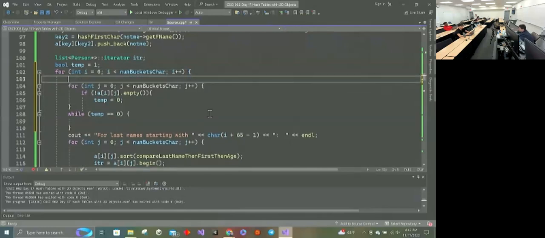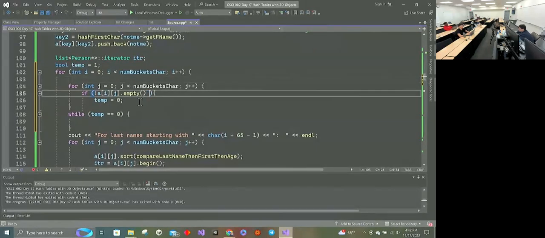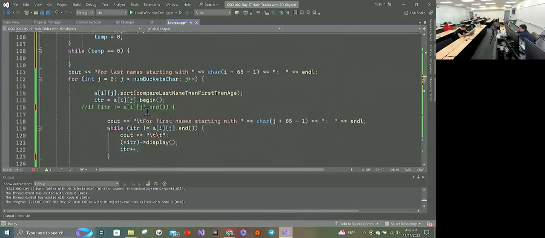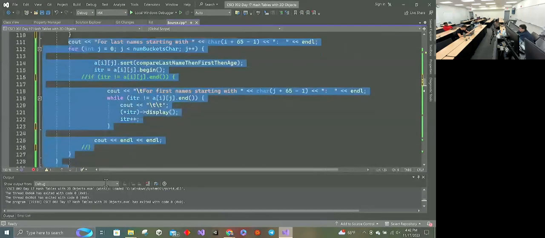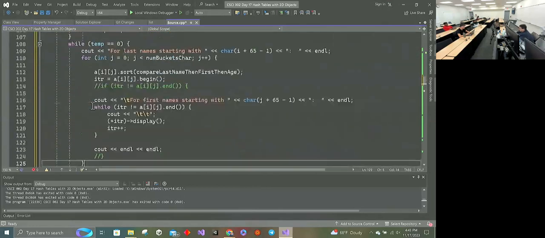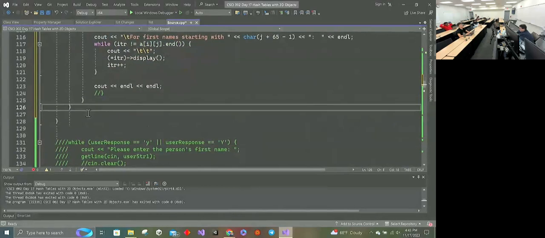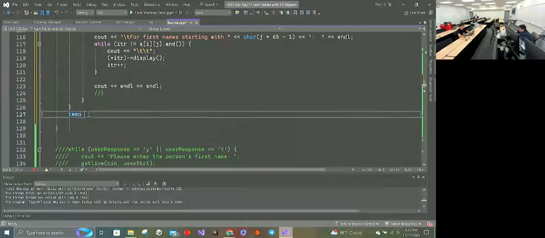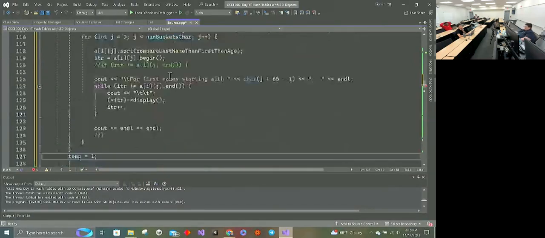So if this inner loop has, if it's not empty for any of these letters, temp gets switched to 0. And then while temp is 0, or if it is empty, you could also just increase I, right, I plus plus. And that would just skip to the next. It's gotta check every single last name now. So what I'm gonna do is I'm gonna put this in the while temp equals 0. And then afterwards, I'm gonna come back out and say temp equals 1. So that it restarts the loop and